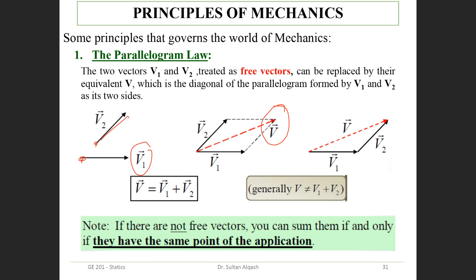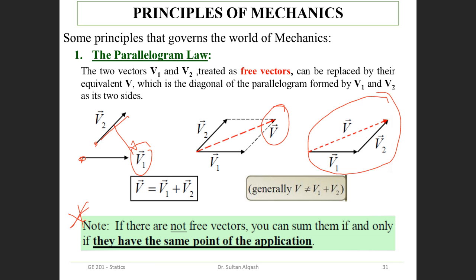Or, can anyone tell me what that means? This is another law. Let me see your knowledge. It has the same effect. So taking them end to end is called the parallelogram law. The condition is that they should be free vectors, as highlighted here. But I can also use the head-to-tail idea. So what does that mean? The head-to-tail idea of bringing the vector.